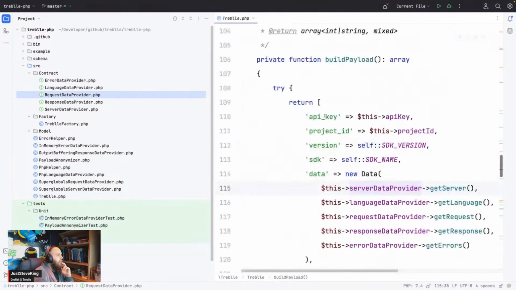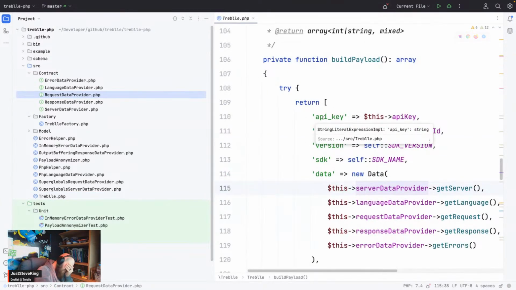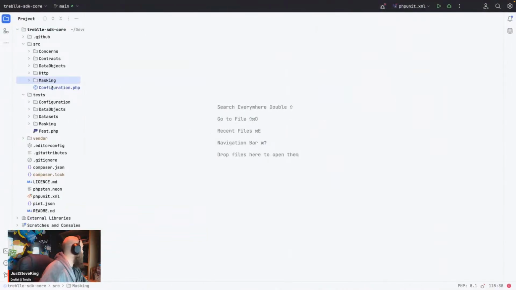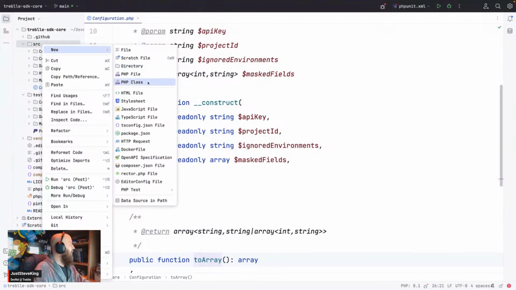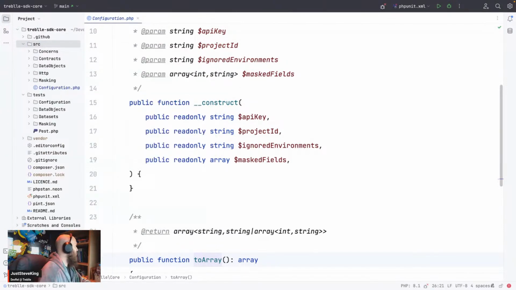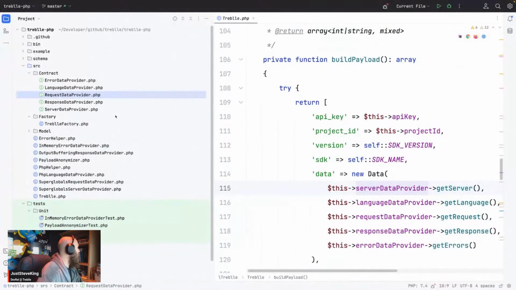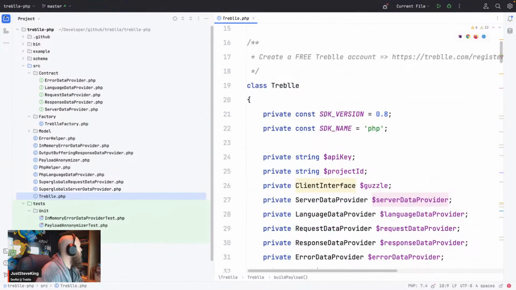I can do it that way, where you pass it in. Okay, this will work. So core. Configurations there, and then what we can do is create a new Treblle class, Treblle core. And in our constructor, I don't even know what I'm writing there. Public function construct. I'm going to somewhat mirror it for now, and then add some refactors in a little while. So here's our Treblle class here, and this is going to have